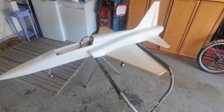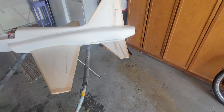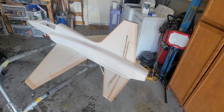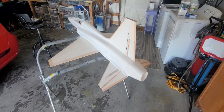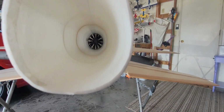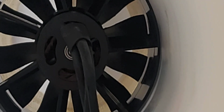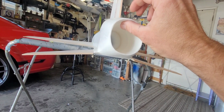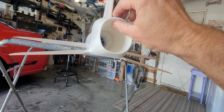All right, so last night, as I was hoping, I got the power system in. This thing is making a ton of thrust for this little fan. Super impressed with it. This is the FMS / E-Flight fan. I was actually a little concerned. I ended up a hair smaller than I was expecting on the tailpipe. It's about